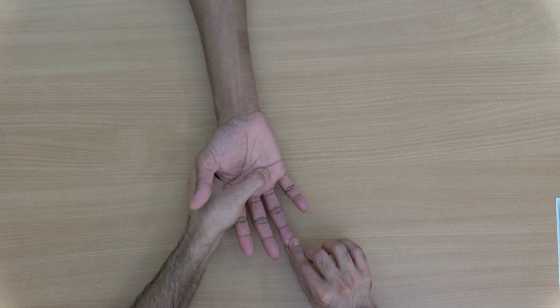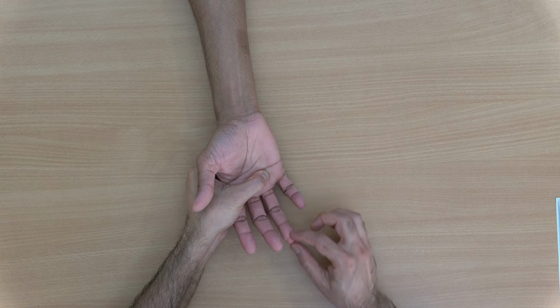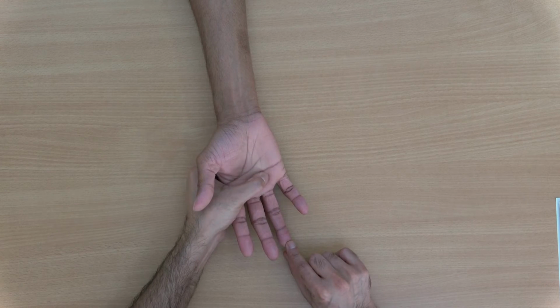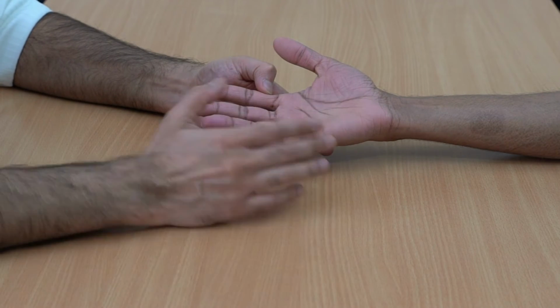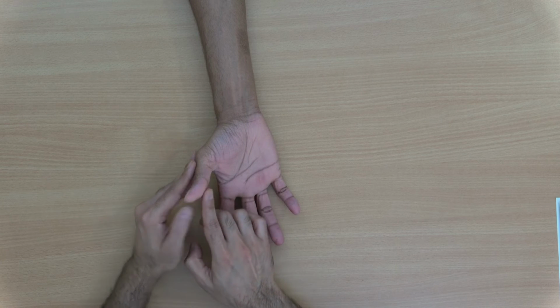Also, when we are palpating and moving the finger, the patient will say, yes, that is my problem and that is uncomfortable. So that will be a nice way to examine a mild trigger finger which the patient cannot demonstrate in front of you. Similar problem can occur in the thumb in the form of trigger thumb, and there also